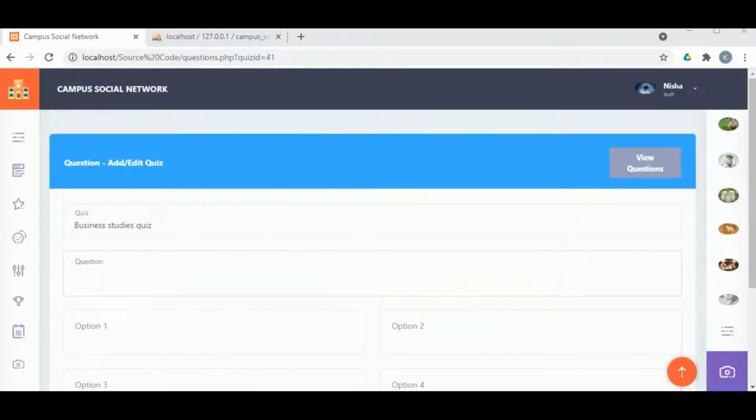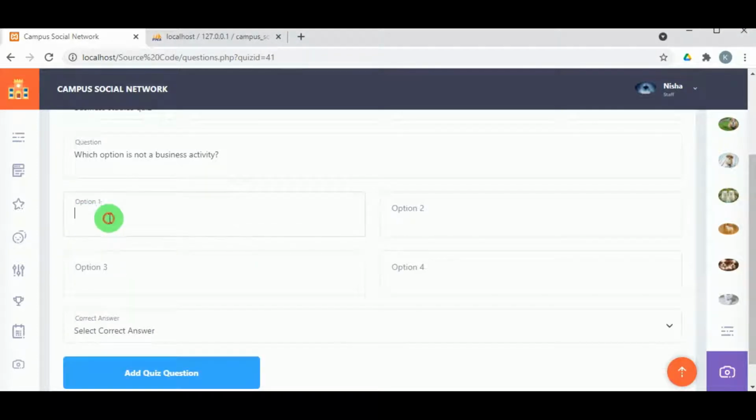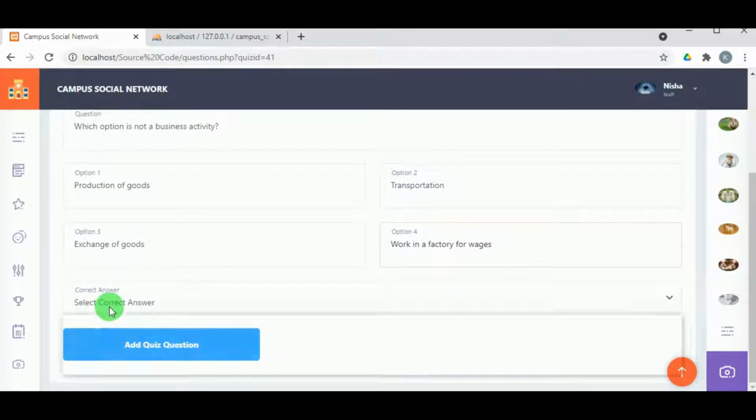So let us add the question here. The staff must add the question followed by 4 options, and the correct answer must be entered. So after adding the 4 options, the correct answer among the 4 options must be selected, and then